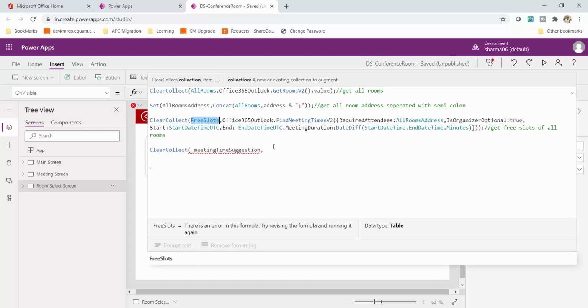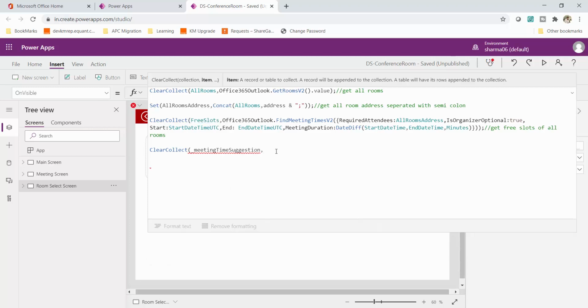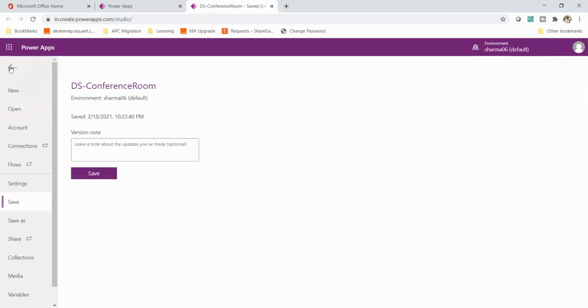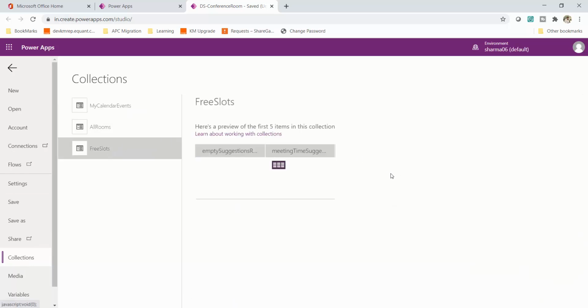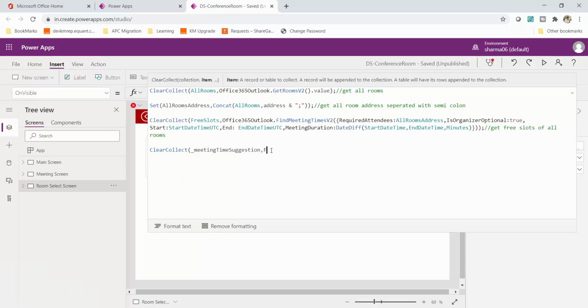So now it is a table. From there I have just got a single record. You can see over here. If I again go back, you can see I got this only from the meeting time suggestion I want. So from the free slot I have got this single row. So I'll say first, I want the first row.